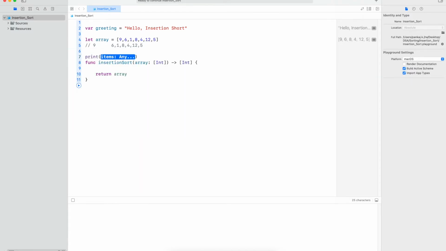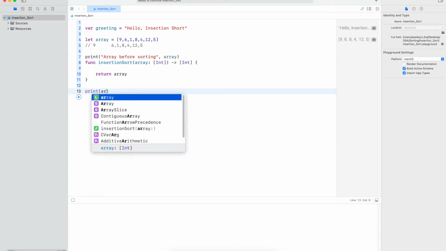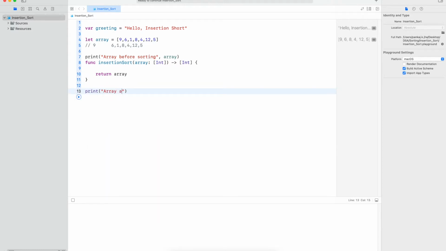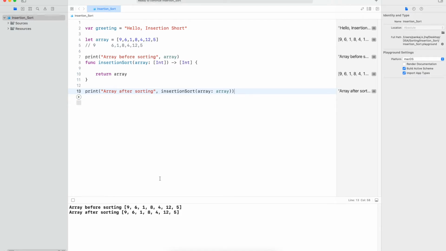Let's print some values: array before sorting and array after sorting. We'll call insertionSort and pass the array. I will just run this code and nothing will happen because the code is the same.